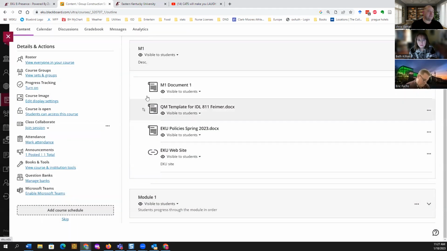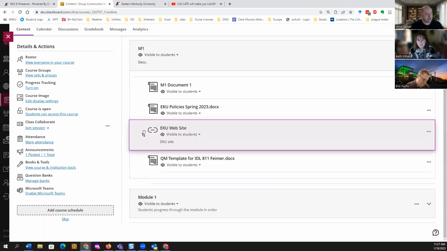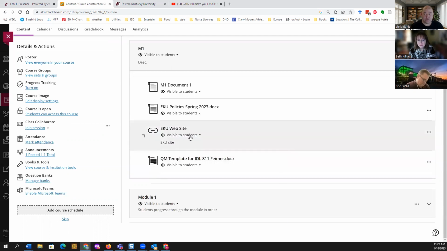If we need to move any of these items around inside the folder, take your mouse pointer and move over the item until you see the up and down arrow icons. It's one icon that looks like an up arrow and a down arrow. Click and just drag. And they change. This used to be tedious. They've improved it in the last month. It used to be a pain to move it and get it to drop where you wanted.